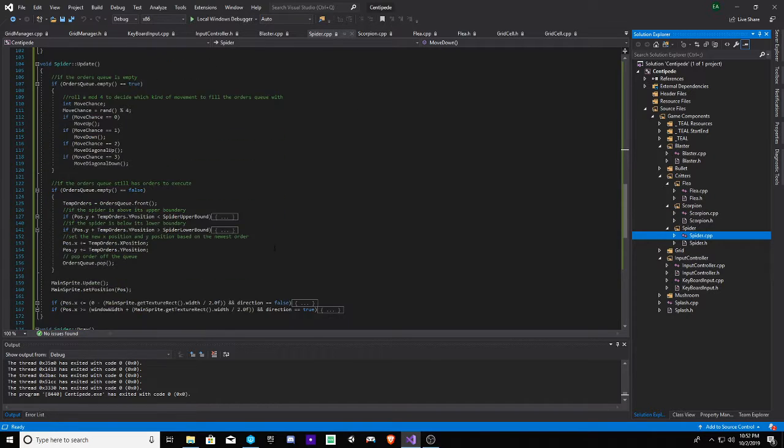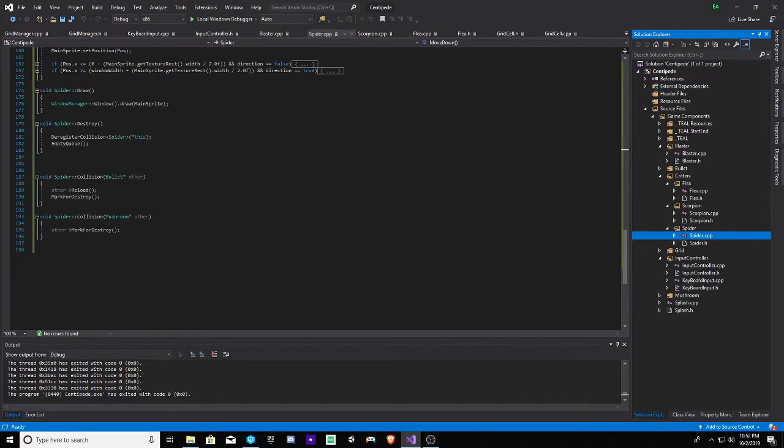Just need to create a collision with the player, so that way I can create the lives system for the player. And then also create a timer, because right now I have it where it initializes the spider right in the beginning